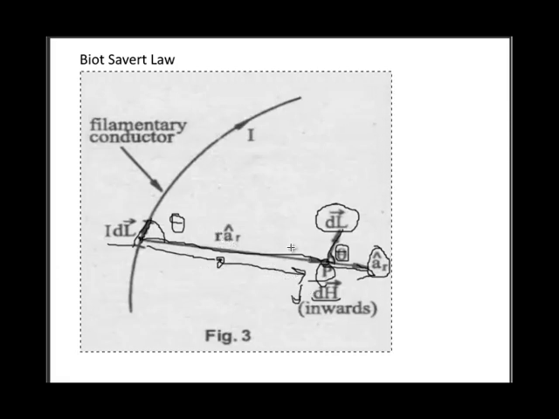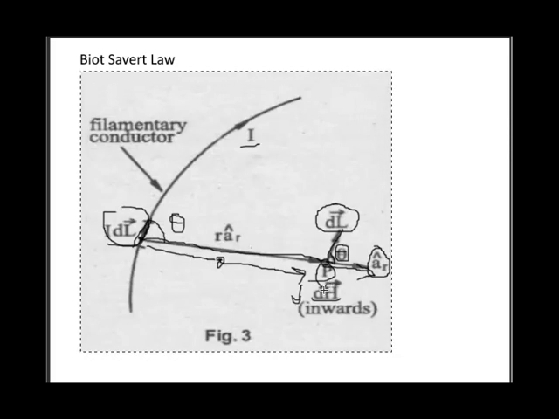The next parameter is I into dl. If the value of current is more, then the value of Idl will be more, then the value of dH will also be more. It means dH is directly proportional to the current and directly proportional to the value of I into dl.